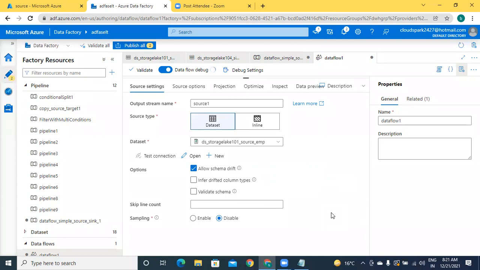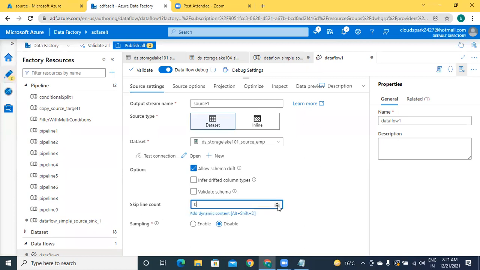The table has only 4 columns, but meanwhile, the database administrator has added 1 more column. That means there are chances the schema of the targets will keep changing. At that time, we have to go for schema drift. About the remaining options, while explaining other transformations, I will explain.